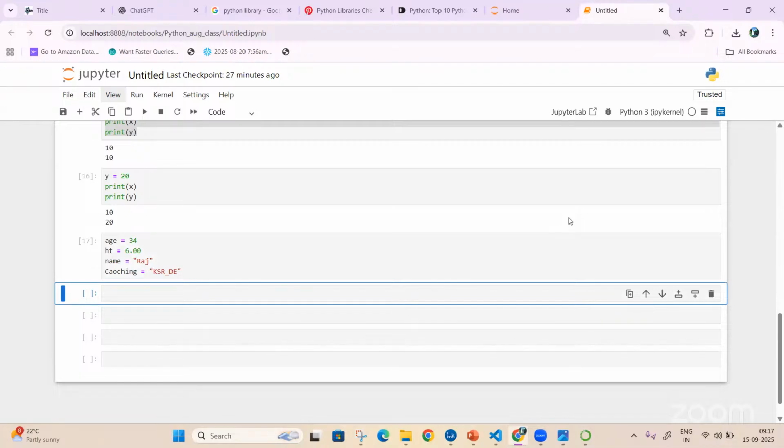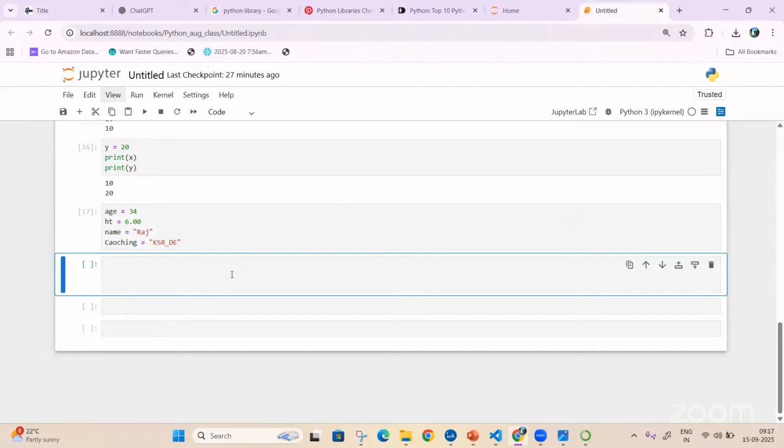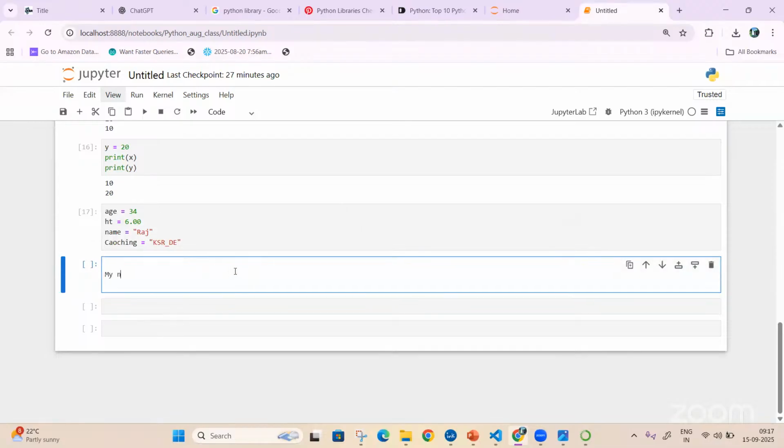Now I have defined them, and I need to use these variables. My output should be: my name is Raj.